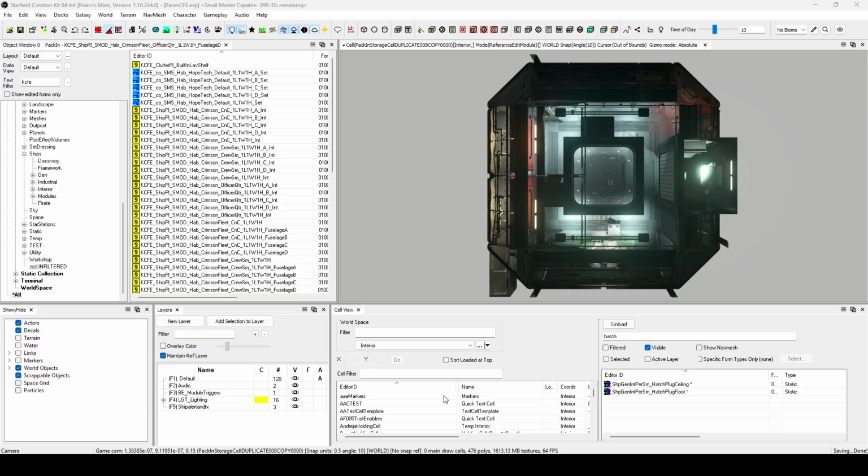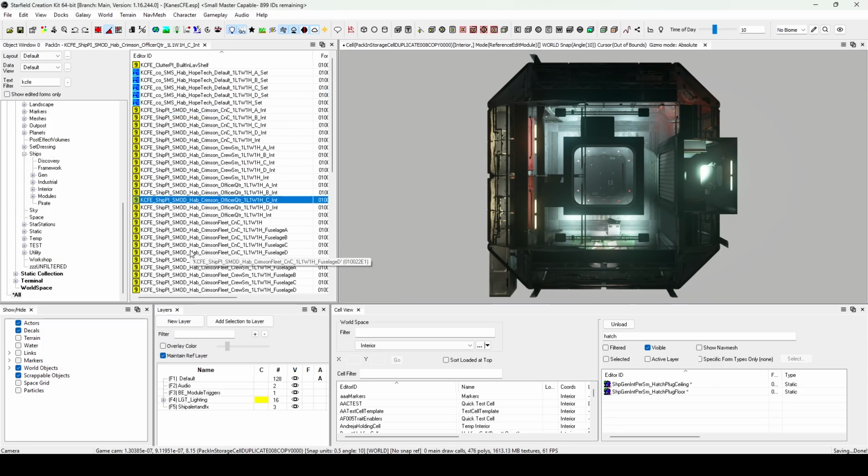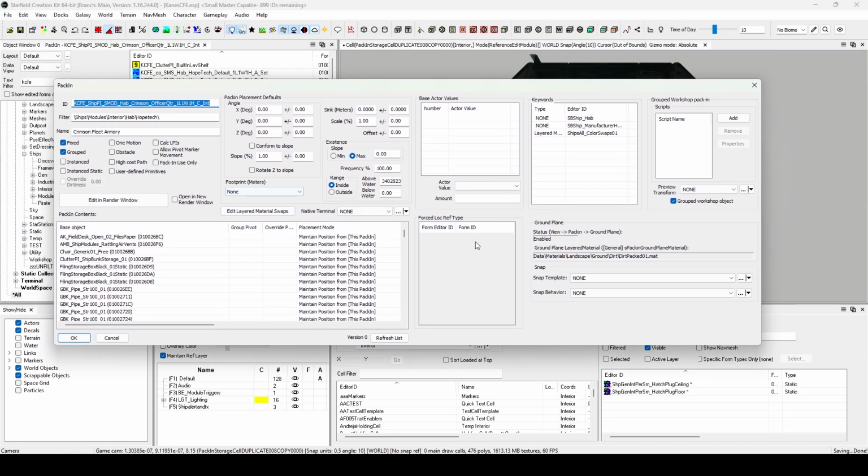Well, while you're in your creation kit, before you finish your mod, and you can see here I've got a quick mod that I was working on for my partner. So the thing is, you have to assign a thing called a transform in order to make these icons work. You can do this on the form of the object, be it a pack-in or a static,